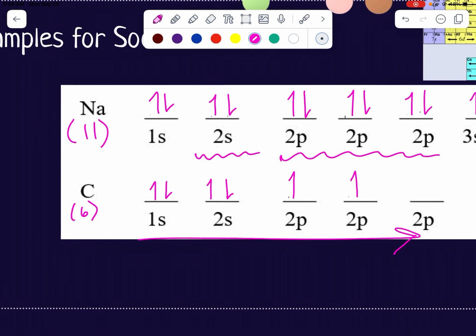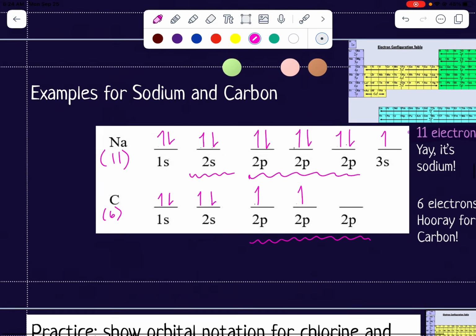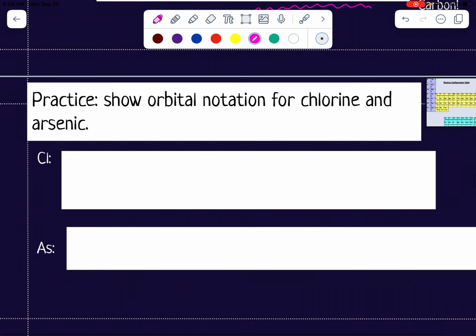Remember that the 2p sublevel has all 3 of these orbitals available. That's like 3 bunk beds that we need to put 2 electrons in. They're not going to share, and so they're going to go into 2 separate orbitals. All right, moving on, we are going to practice with the element chlorine and arsenic, but what's different about these